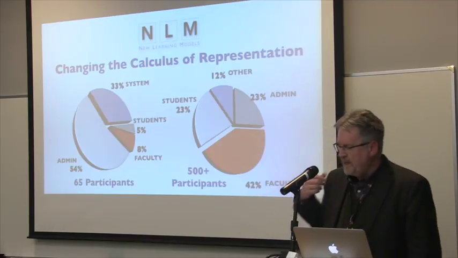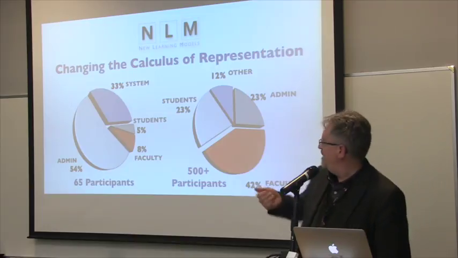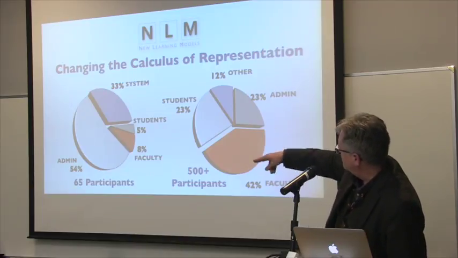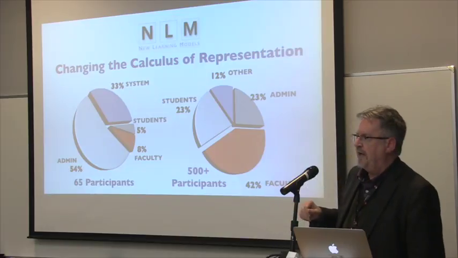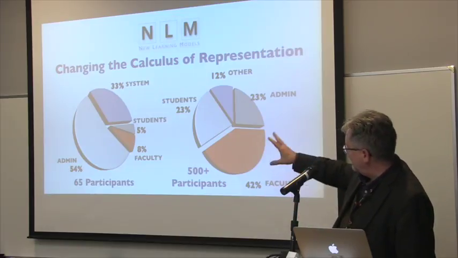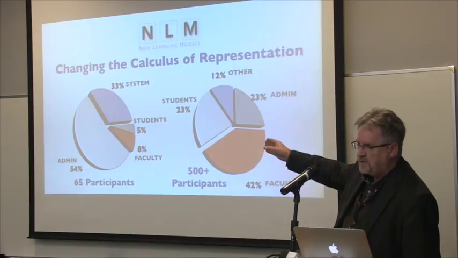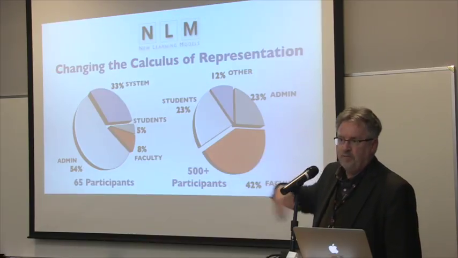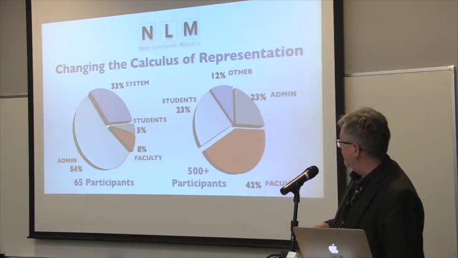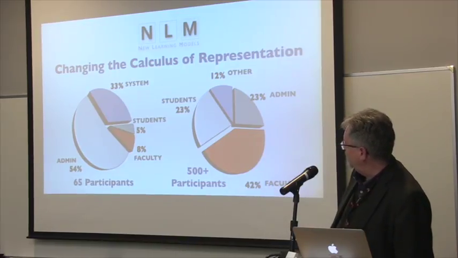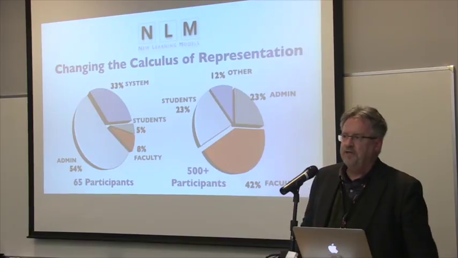So, in addition to our 65 people, which you can see the distribution of the types of folks over there, really underrepresented were students and faculty. The faculty includes people who might have been at the system level or at the administration, but also had a faculty appointment. So they considered themselves faculty. But in fact, they were underrepresented, and we know that's a critical element.